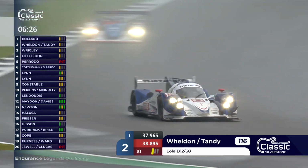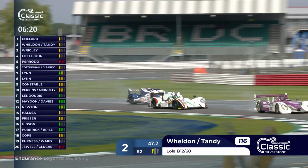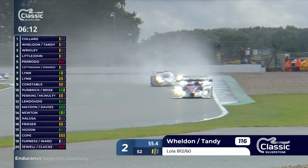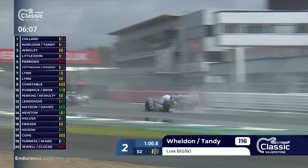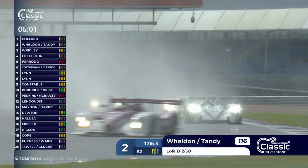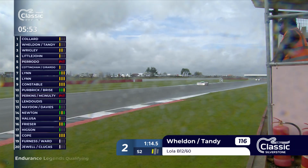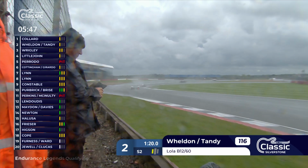But you don't want to be too caught up in the traffic. That's the 116 car. That is the Rob Weldon car that is now up into second place. What about sector times? Well, on this particular lap, nobody's doing anything in that top group that's particularly rapid. Fernando's done a slightly better opening sector, but he then came into the pits. Maybe he can still do a final run that'll put him a little further up than 5th on the potential grid. For now, it's still Emmanuel Collard who is in charge, commanding things so far